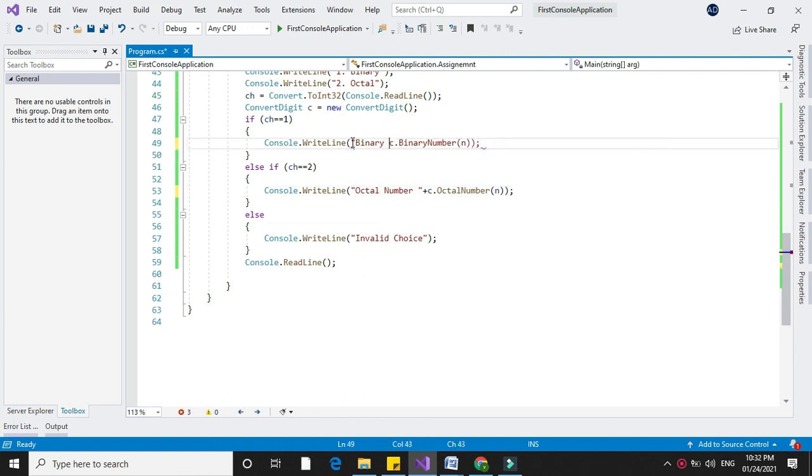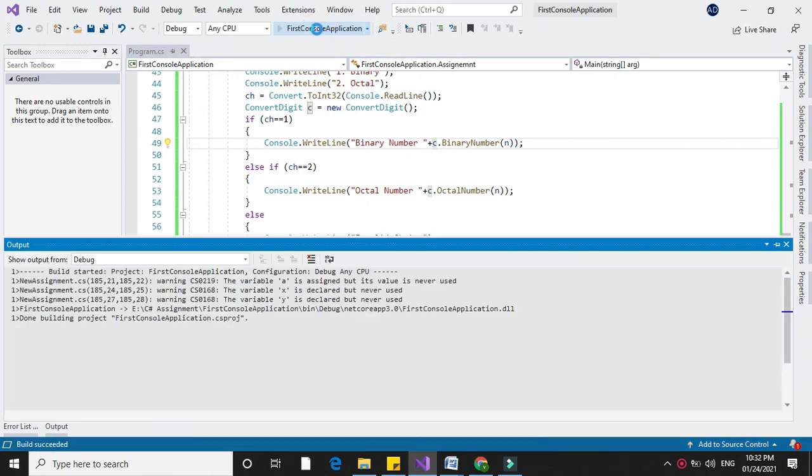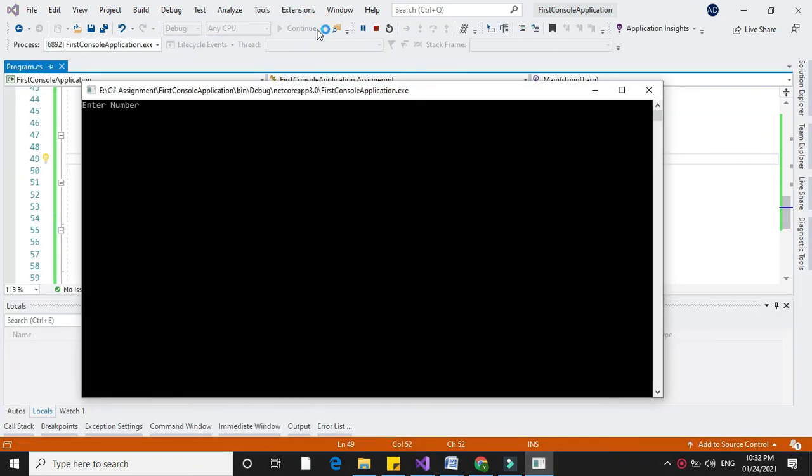We will print here binary number. So after execution, if I enter number 7 and give option 1, it will print binary number 111.